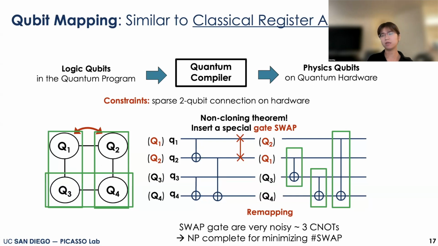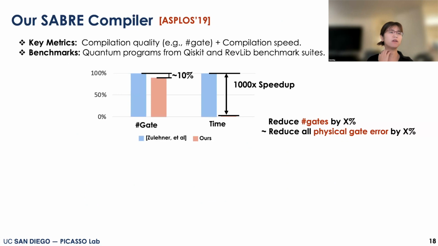And one of the reasons is there are many places you can insert the remapping. For each remapping, you can find different ways to resolve one of the next non-executable gates, or more globally, try to resolve a lot of non-executable gates in the future. So it has the nature of an NP problem. Instead of going into details, I just want to tell you that our compiler provides a very efficient heuristic to solve this kind of issue.